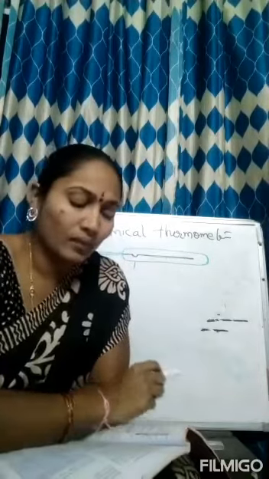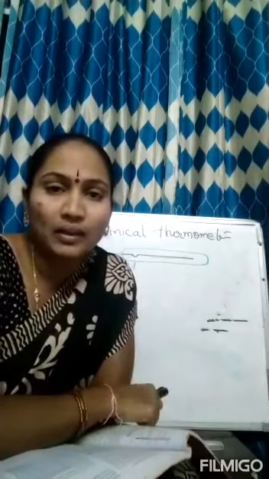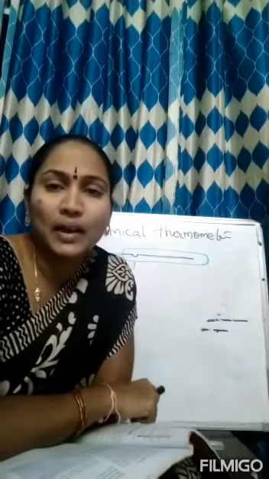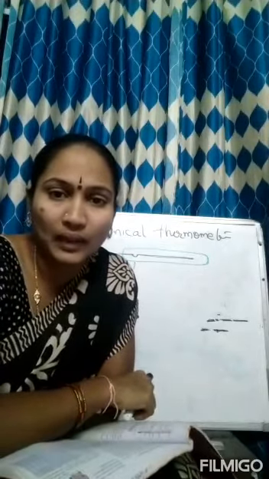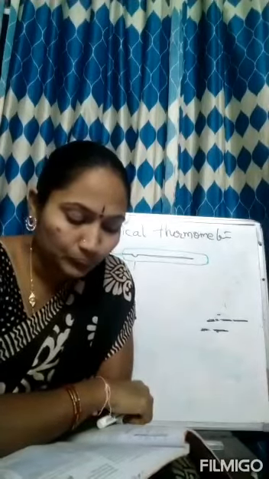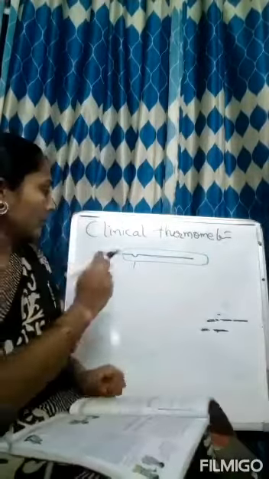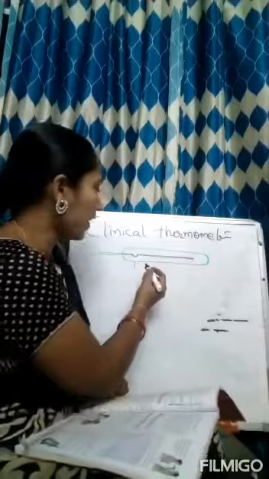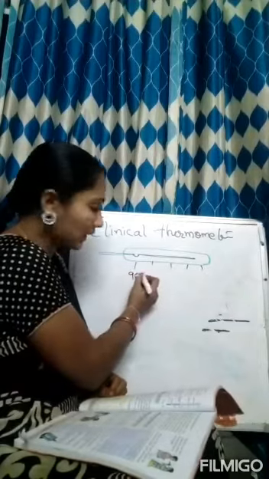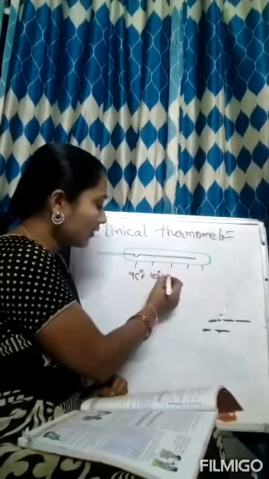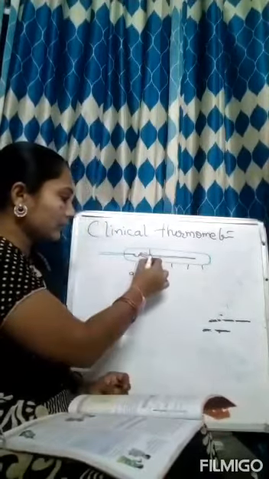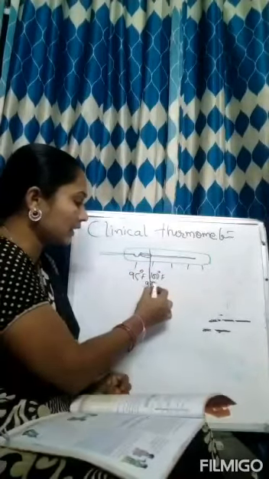So when you give a jerk to a thermometer, the mercury level will come to the 35 degree Celsius. And then when you keep it under your tongue or under the arm, after 1 minute, when you take it out, you can see the temperature of your body. How? The mercury level will rise up to your body temperature. Suppose this is 95 degree Fahrenheit and this is 100 degree Fahrenheit. If the mercury level comes here and stops at this point, then you can say it is 98 degrees.